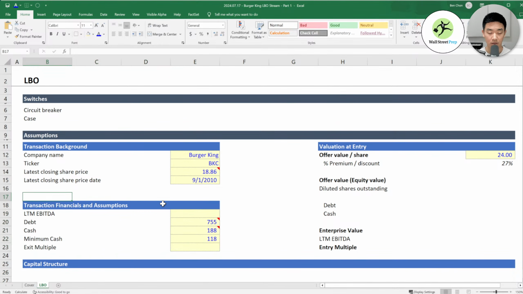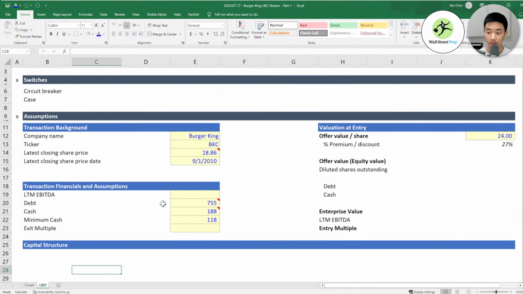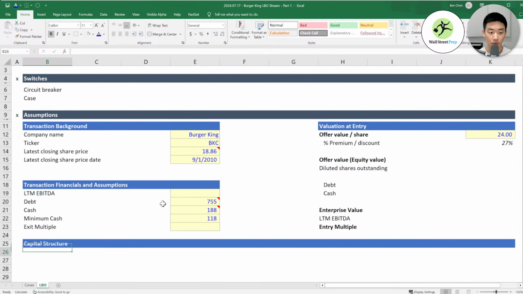Oops, what's happening? Okay. All right. So as you can see, we're building things out piecemeal. Not everything can be done section by section cleanly.